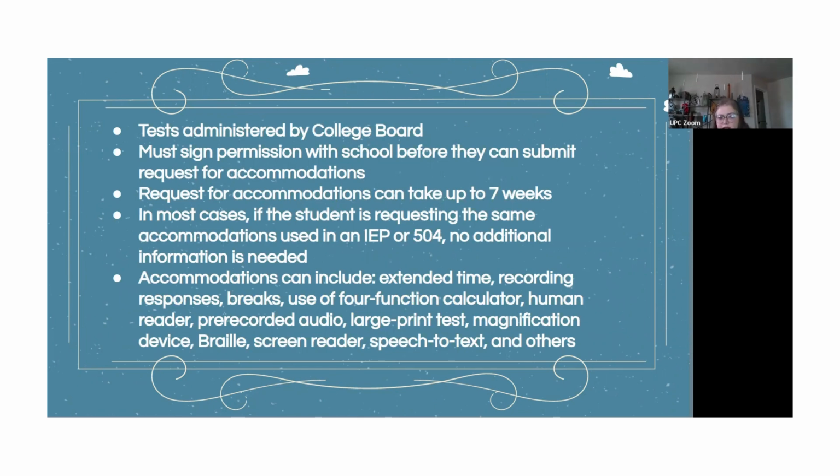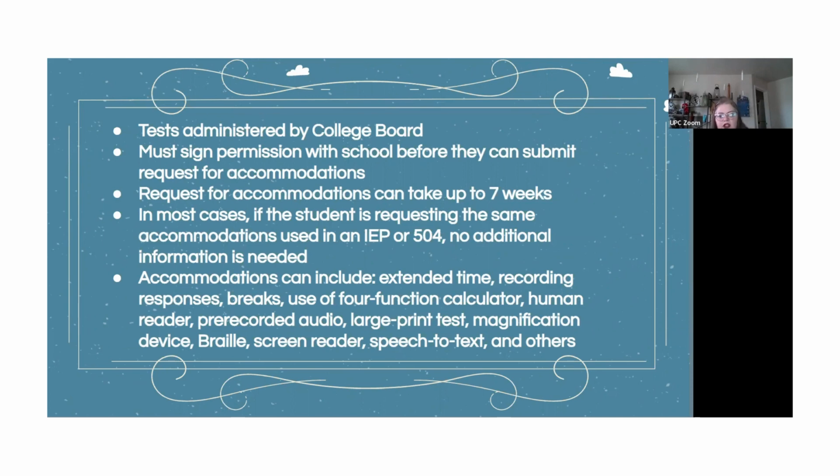So these tests are all administered by the College Board. The ACT test is administered by a different board. Again, you have to sign permission with the school before they can submit the request for accommodations. They cannot do it without your permission. The request for accommodations can take up to 7 weeks. So like we talked about with the ACT, thinking about getting those accommodation requests done maybe November, December before the spring of the test, that would be another thing to think about starting about this time,